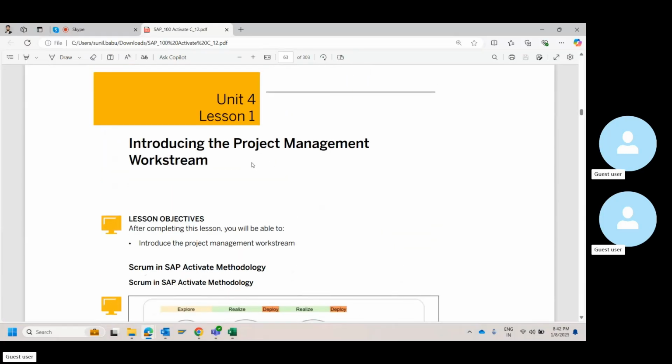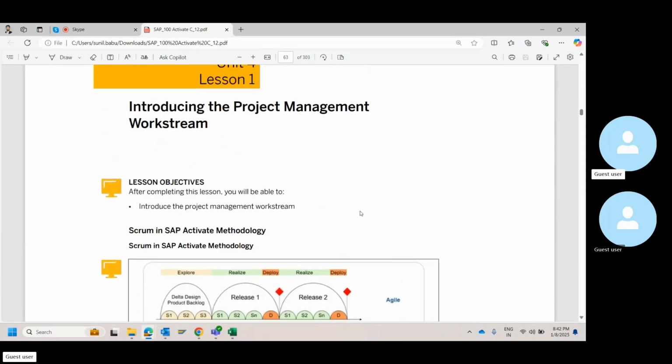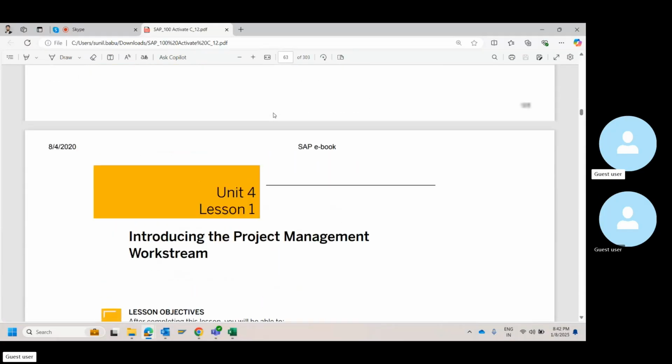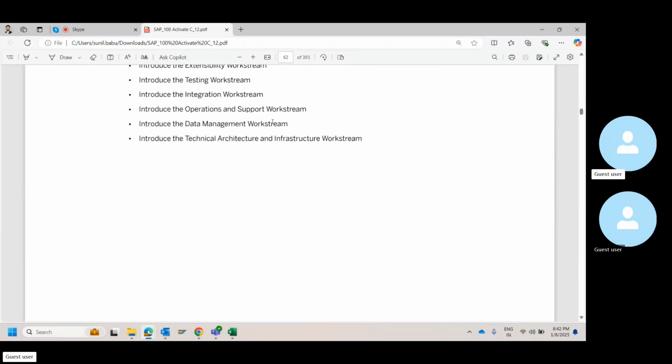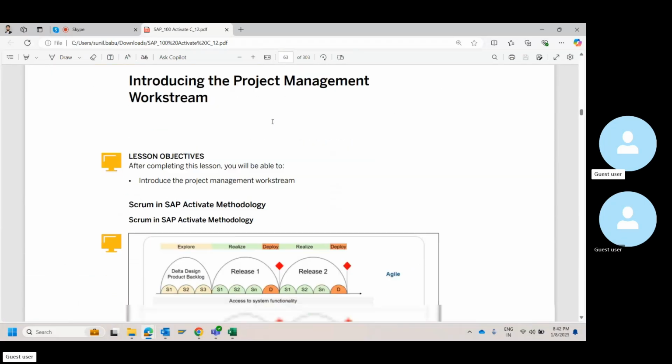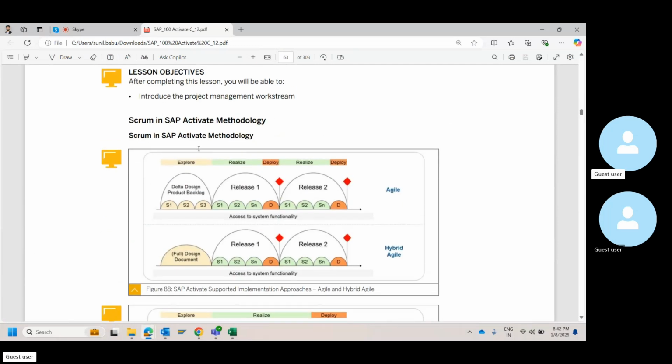So first thing is, it's just an introduction. We have around 60 odd pages for the project management workstream alone. First thing is Scrum. Basically, this is something about how Activate is adapted out of, sorry, Agile, not Scrum.